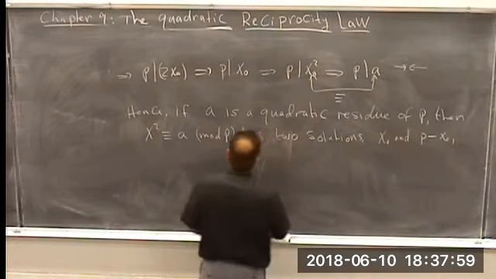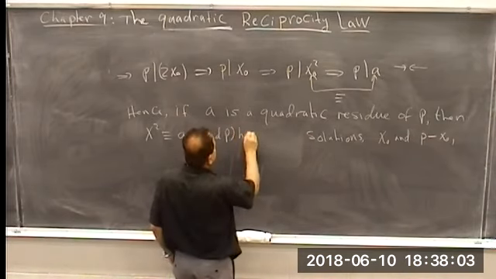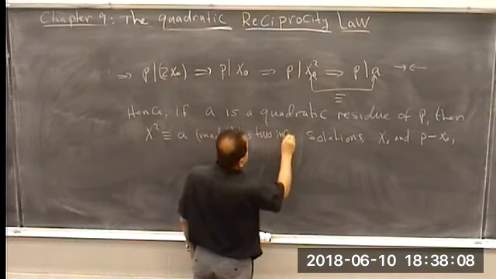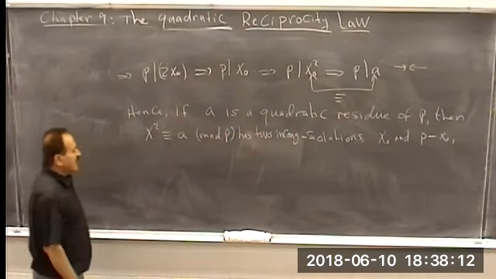Let me say it has two incongruent solutions. Now, by Lagrange's theorem,